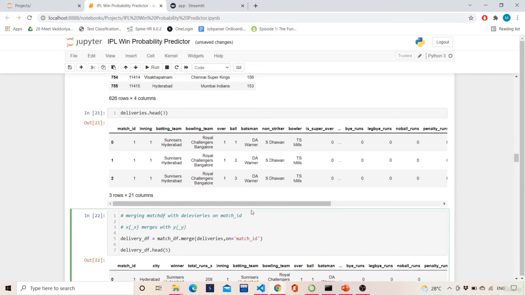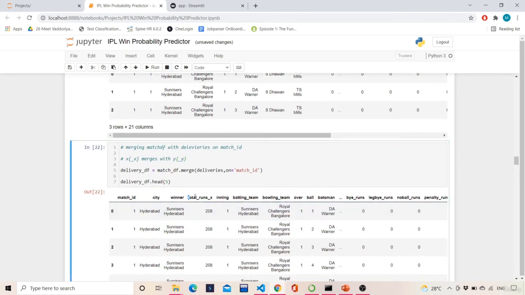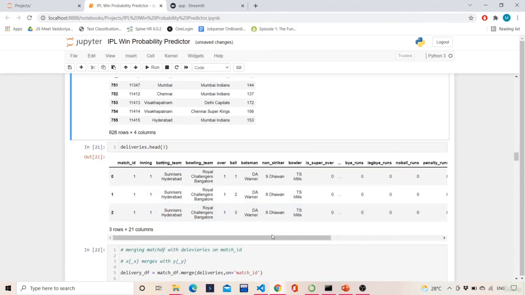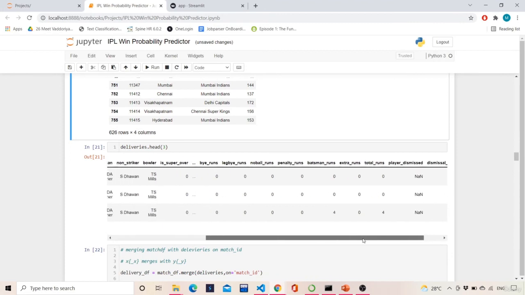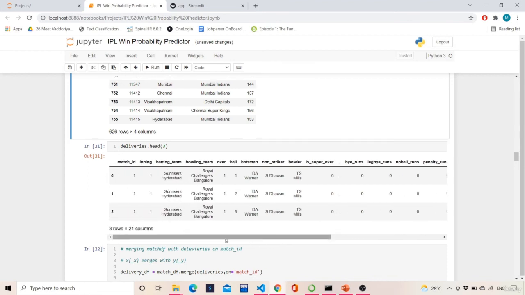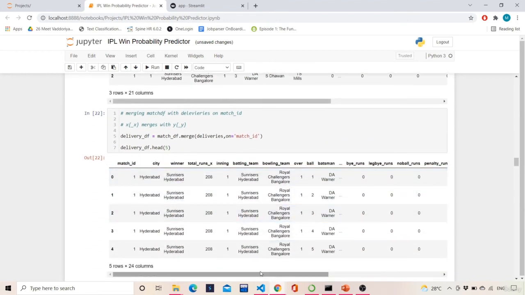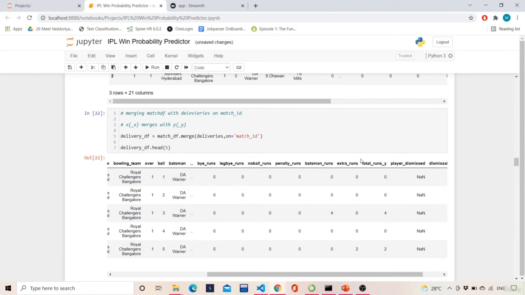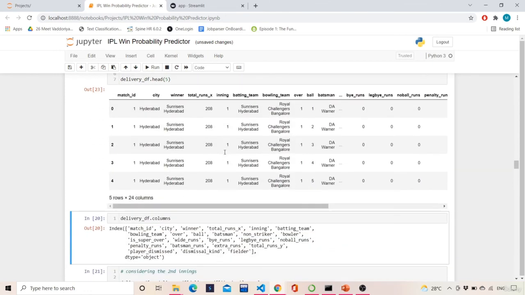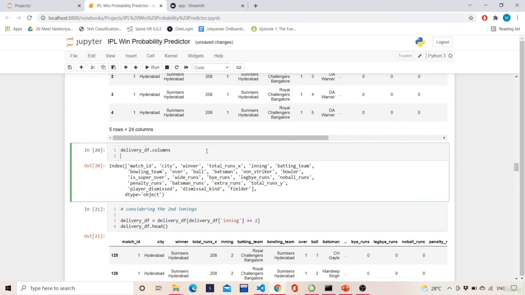So here we'll have total runs X, because in match df we have total runs, and in deliveries we also have total runs. So there will be a total runs Y also, as you can see here. And here we have total runs X. So I'll merge this.